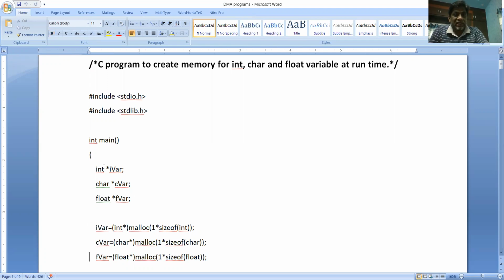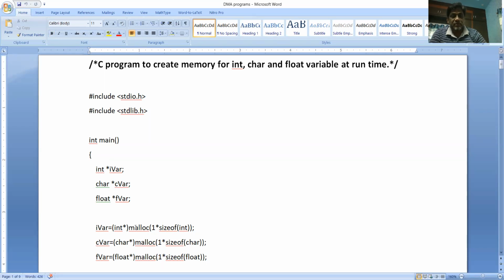So these three are declared as int star, char star, float star, such that they become integer pointer, character pointer, and float pointer respectively. Okay, so these three pointer variables are capable of storing an integer address, a character variable address, and a float variable address.